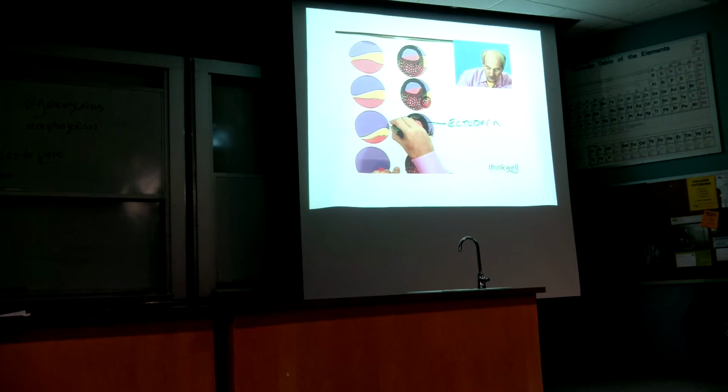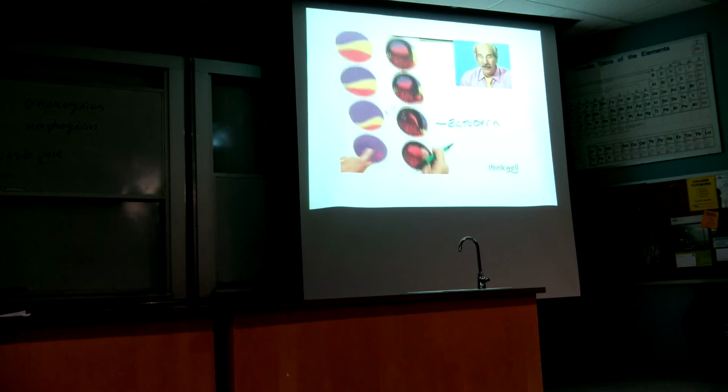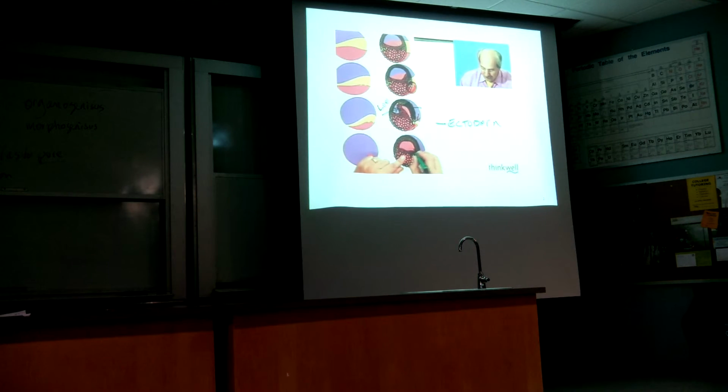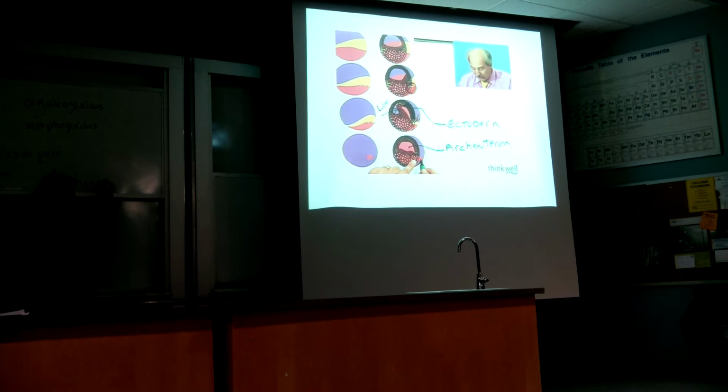Blastocoel, I'll just put C-O-E-L, disappears. It's closing up as more cells build in there, and you're literally making a brand new cavity. And that brand new cavity is going to be called the archenteron. Lots of vocabulary here, but that's okay. And so what we've done is, once again, we have formed a situation where we have an opening here,